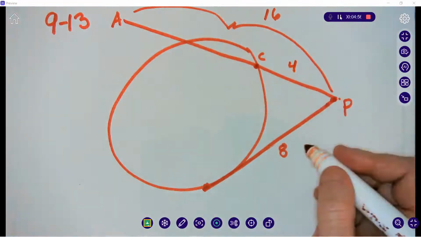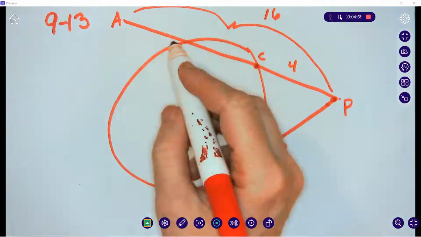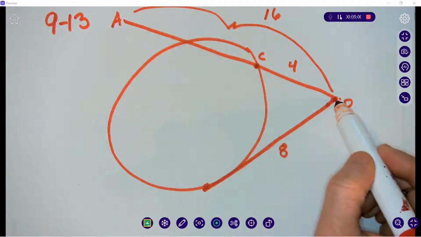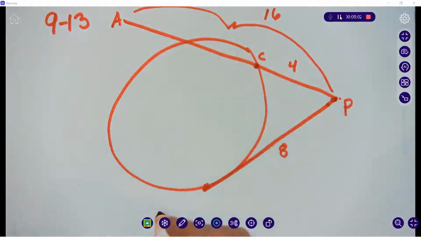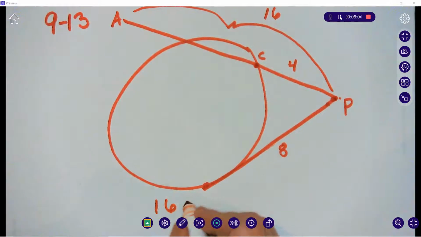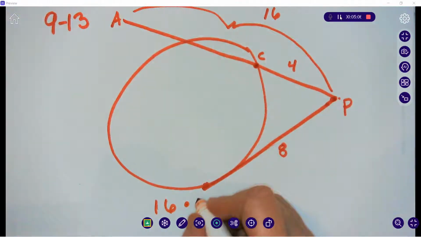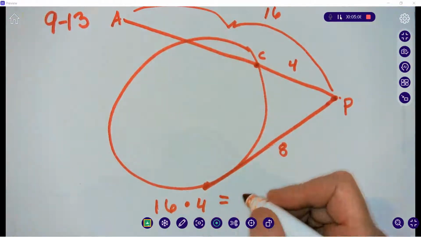So this theorem says that the external secant, the entire piece of it, which would be 16, multiplied by its external one, 4, should be equal to